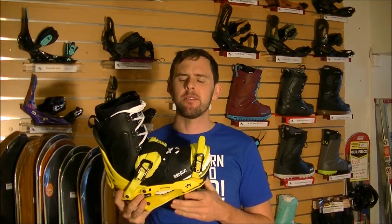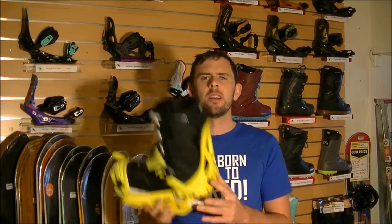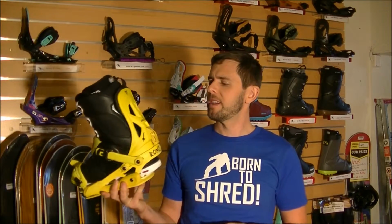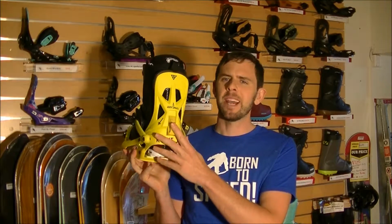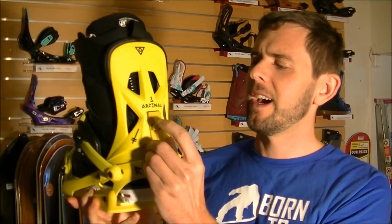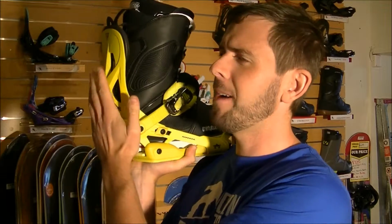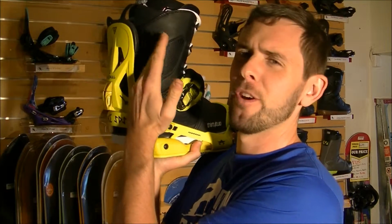So in terms of accessories of snowboard bindings, there's a few things. Ratchets, the first one. The more you spend on a binding, the better quality ratchets you get and the longer they'll last. So another accessory on the bindings is the high back here at the back, and you'll see there's a little high back adjuster, and you can adjust that up and down depending on where you want it to go. So I've put it further back so it's higher up, or you can lean it further in for more